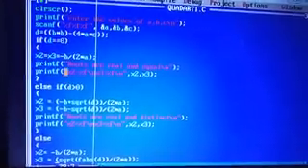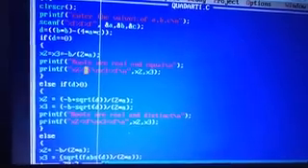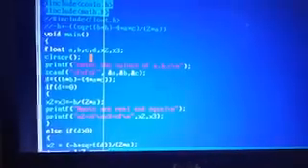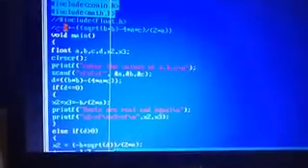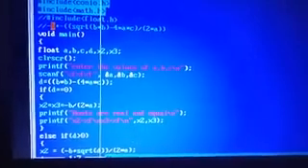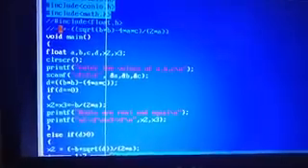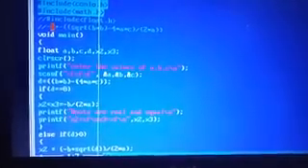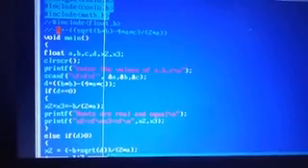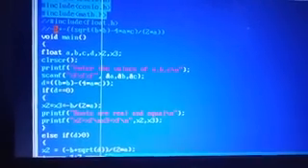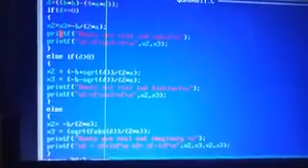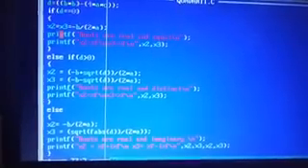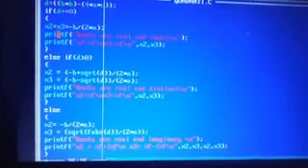Else if my d is greater than 0, in the case like if I am taking the positive number, what will happen? It will print as it is. So first root I will take it as minus b plus square root of b square minus 4ac divided by 2a. And the second root I will consider as minus b minus square root of b square minus 4ac divided by 2a. This is what I will get for x2 and x3. Then my roots are real and distinct. Same thing I will print.